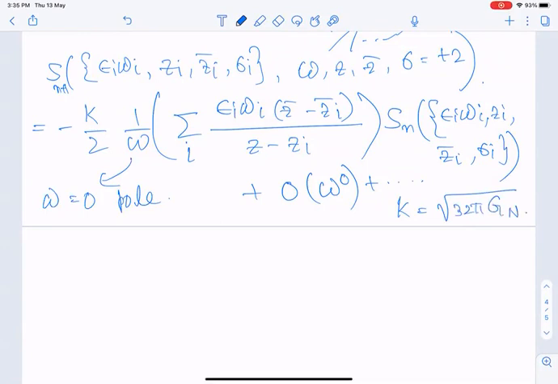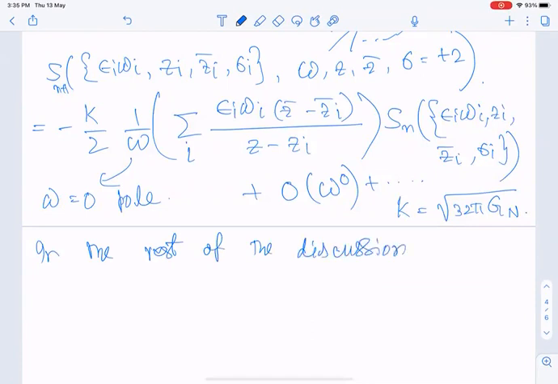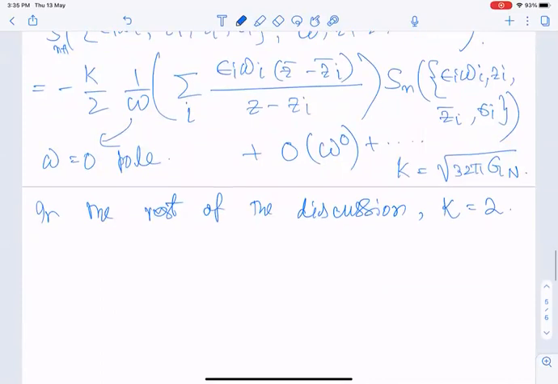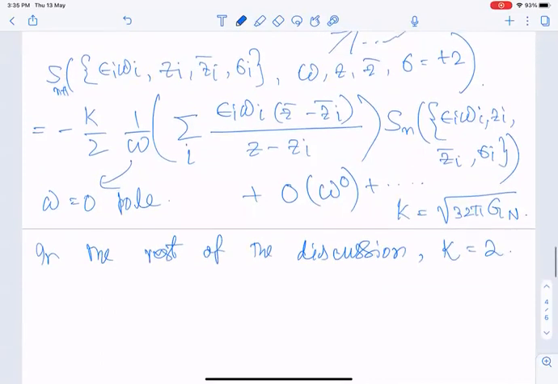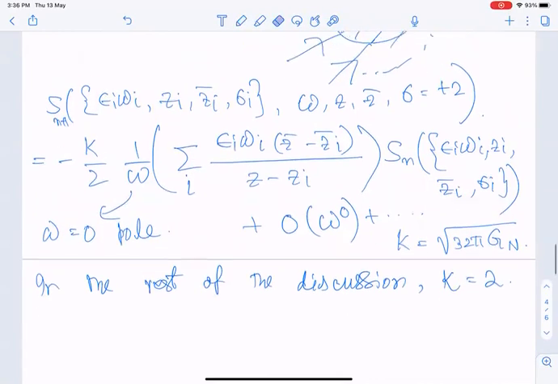And in the rest of the discussion, we will take kappa equal to 2, because this is kappa by 2, so this will just simplify things. Okay, so now I want to isolate the residue. I want to extract the residue of this omega equal to 0 pole, and I can do this